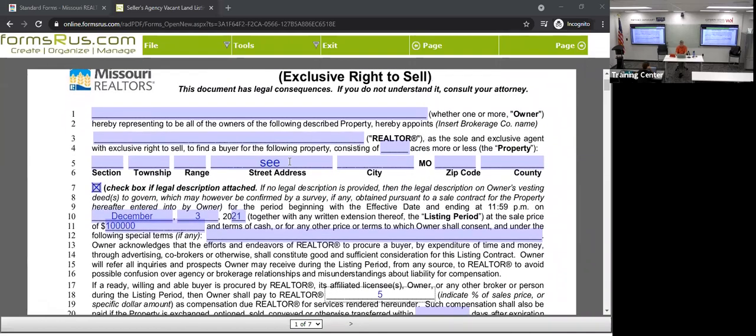The only real difference is if you have a section, township, or range instead of an actual street address, this is how you do that. If you don't have either of these, you can put C attached and then